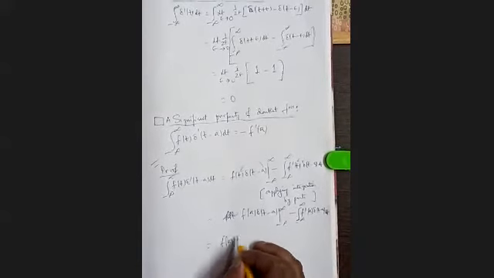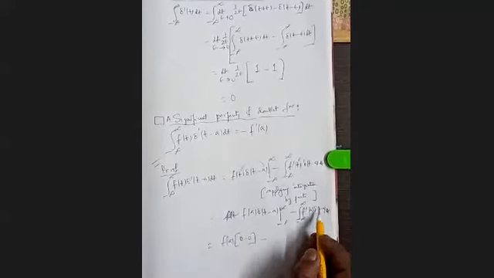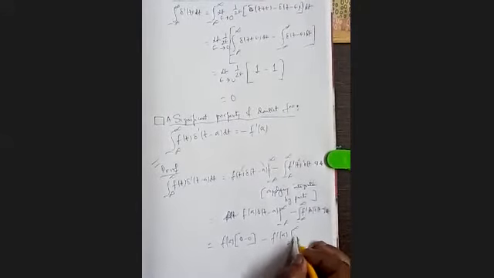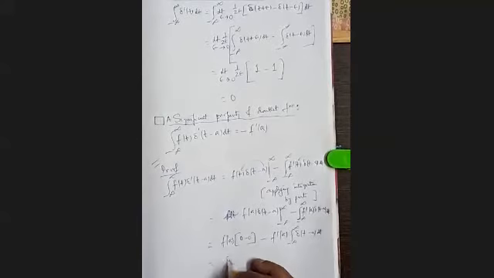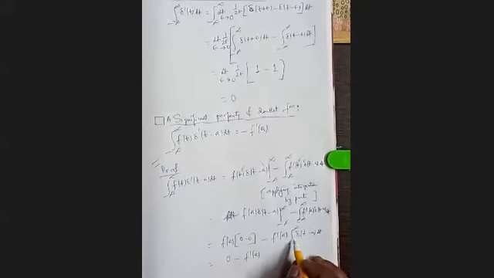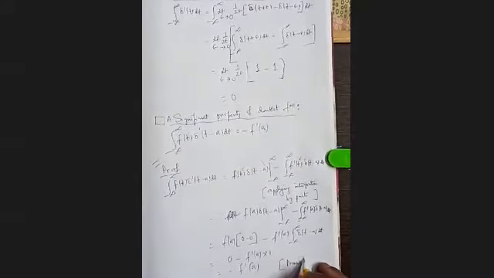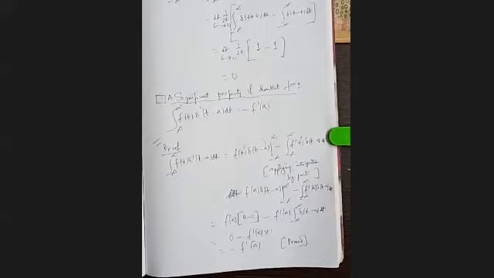So you can write it is f(a) into 0 minus 0. Minus, this we can apply the shifting property. So f dash a, integration from minus infinity to plus infinity of delta (t minus a) dt, or it is 0. So minus f dash a, its area is 1 into 1. So minus f dash a. That is the proof. Proved. Clear? So that's all about it. Complete? Okay, I go to the next page.